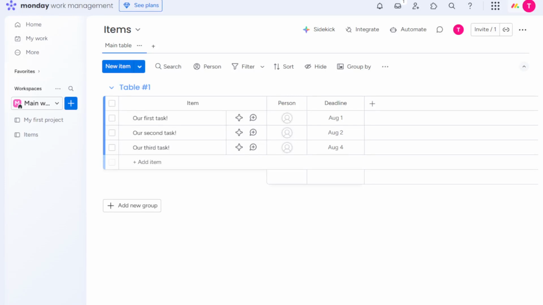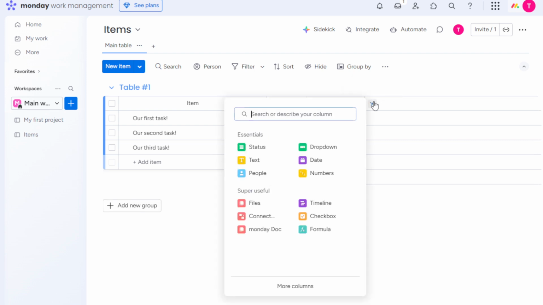In today's video, I'm going to teach you how to use status columns in Monday.com. Monday.com, fast and easy. We all know that navigating new tools can sometimes feel overwhelming, but worry not. Today we're diving into how versatile and efficient the status columns on Monday.com can be, and you'll be up and